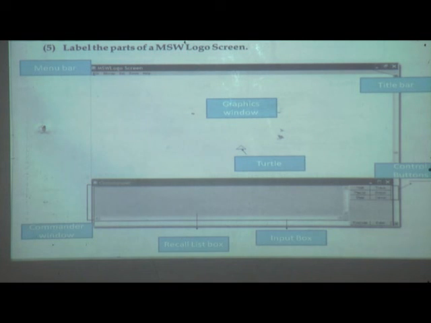In input box we can write only one single line. If you want to type the second line, then the first line will display in a recall list box. And last one is a commander window. Input box and recall list box all together are called the commander window.